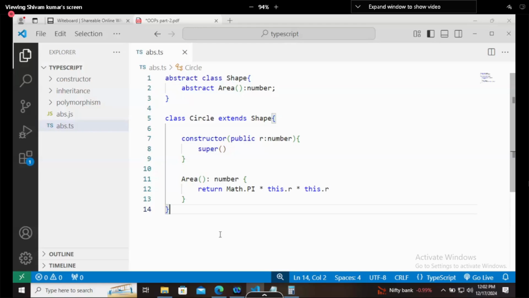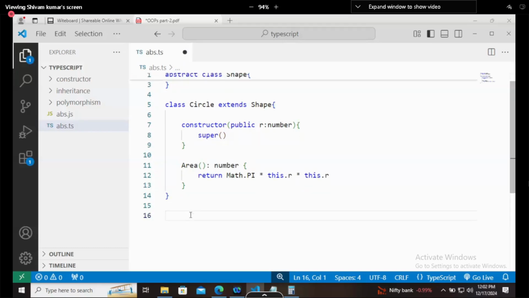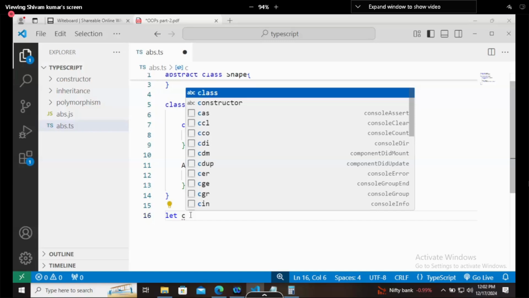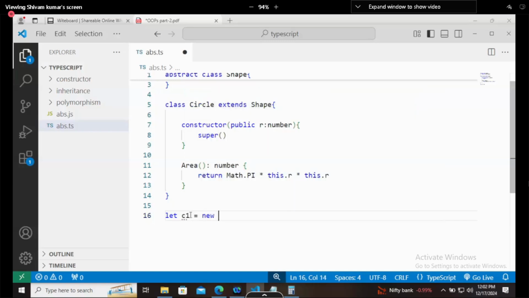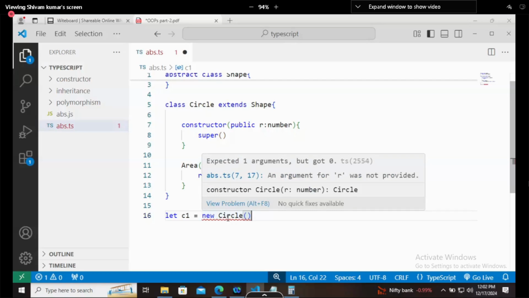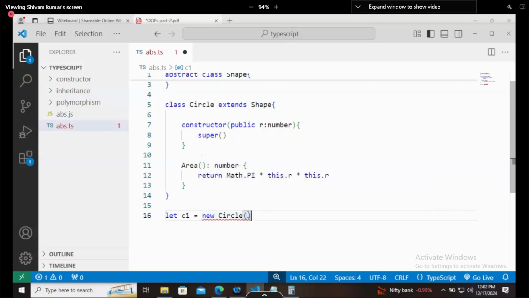Okay, now let's say this is the abstract class and this is the class Circle, let's try to use it. So I will say let c1 equals new Circle, and generally it is saying that it is expecting one argument because the constructor is there. So let me give here 10.